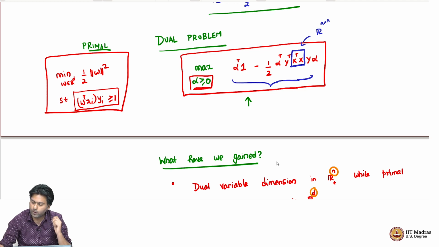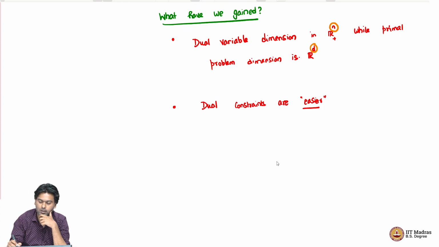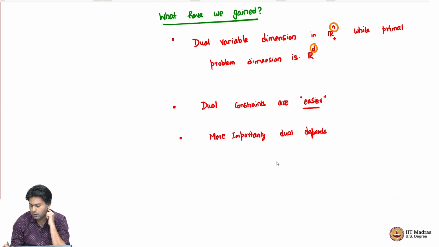Because the moment you have expressed your optimization problem in terms of dot products, you know what can happen, right? We have already seen this multiple times in this course. So more importantly, the dual depends on X transpose X, and so can be, now you will have to complete the sentence from whatever you've seen in this course already, yes, can be kernelized,